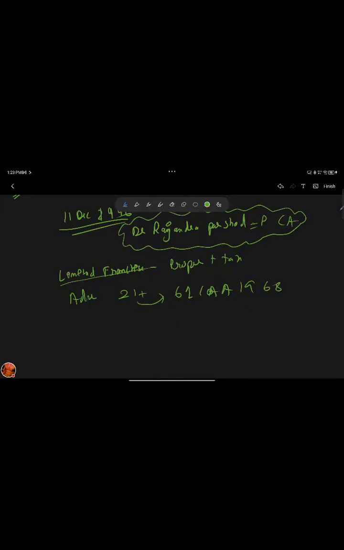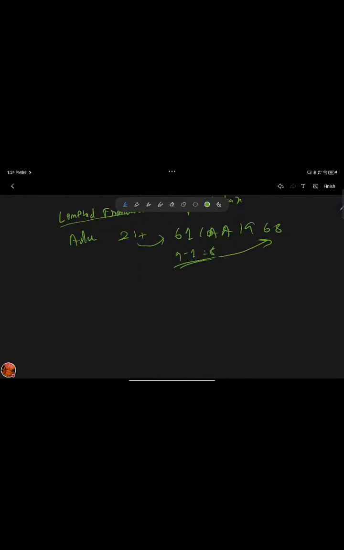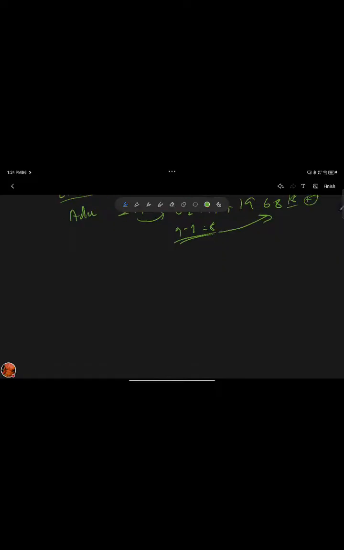This was changed by the 61st constitutional amendment of 1988. I told you 9 minus 1 is 8, I also told you this earlier, and it was changed to 18 with the 61st constitutional amendment. And yeah, this concluded the second meeting of this assembly.